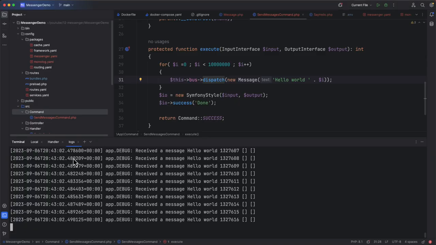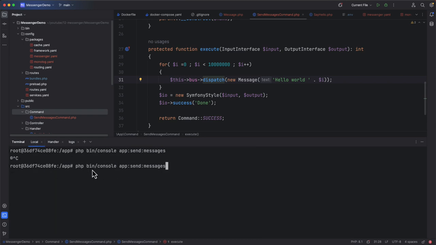So we are going to create a command that will be sending messages, which is this one, php bin/console app:send-messages. This command will be sending 1 million messages to a RabbitMQ queue with this bus dispatch. We are going to send hello world followed by the count of our message to this bus, and then there